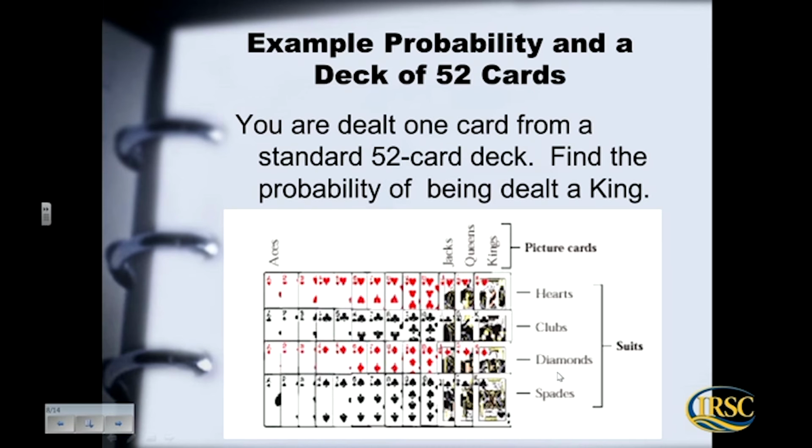Notice that we have 4 suits. That's what we call them: hearts, clubs, diamonds, or spades. Every suit has an ace, so there are 4 aces. Every suit has a picture card. The book calls them picture cards. I know you might have grown up with the word face cards. Okay, but the picture cards are the ones that actually have a picture of somebody on it or a face on it. And so there's a jack, queen, and a king for each suit. And then there's a 2 through 10 for each suit. So knowing this, if we're going to find the probability of being dealt a king,